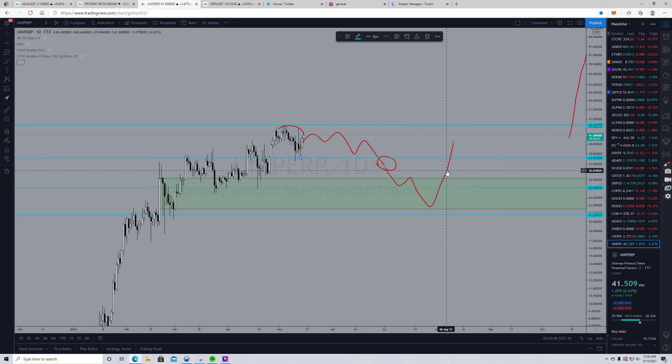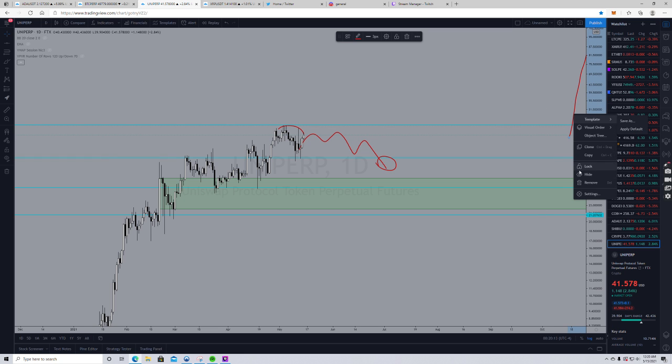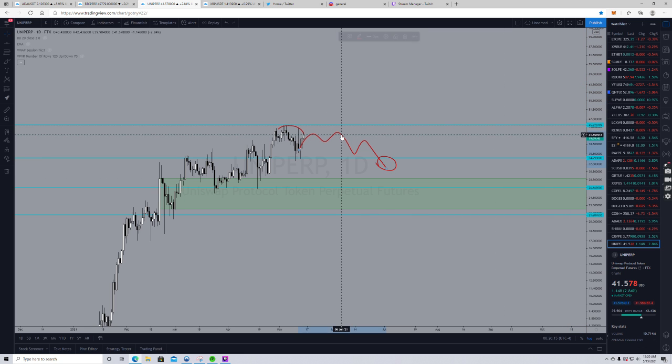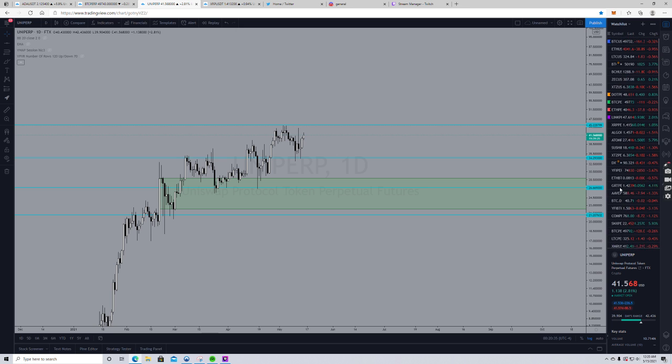So hopefully all that helped to some extent, but that's what I would look at in the near term to even midterm, really, and just watch the levels. And if you're holding a coin, this application I'm using, TradingView, it's free. It's free to use, so make your watch list like I have over here with anything you're looking at,